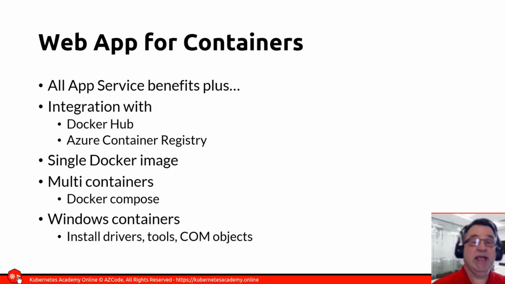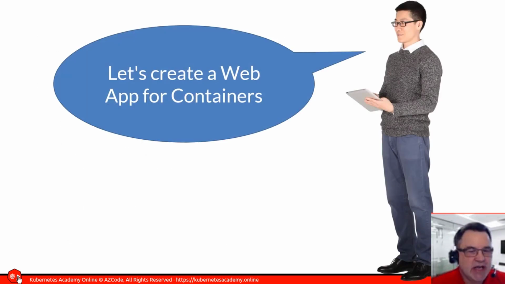But with a Windows container, well, you can install that inside your Windows container. Let's say you're dependent on some kind of COM object and you need to register that. Well, you can do that inside your container and then deploy that container and run it on App Service. So it's a great way to get around some of the limitations, well, not limitations, but what is sometimes seen as the limitations of the App Service sandbox, basically. All right,